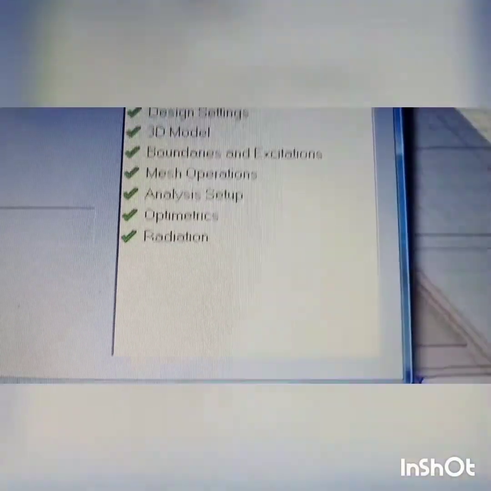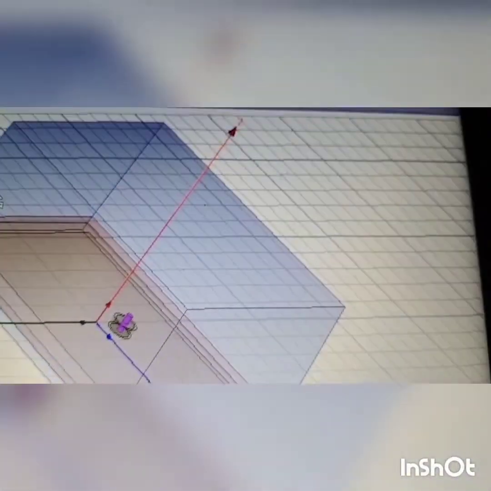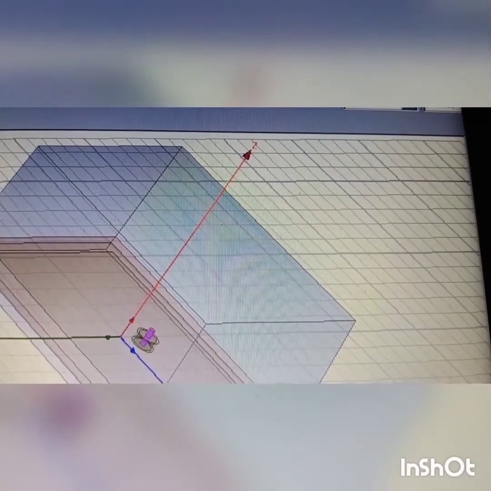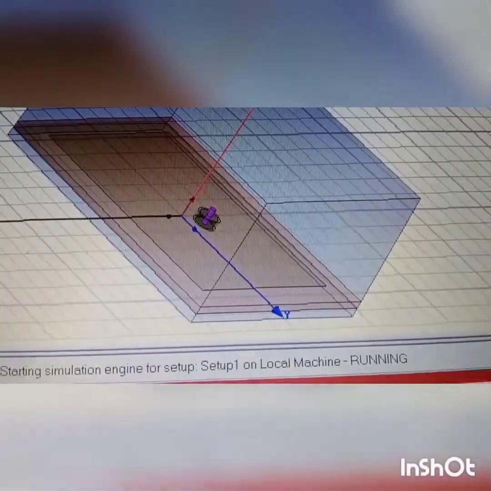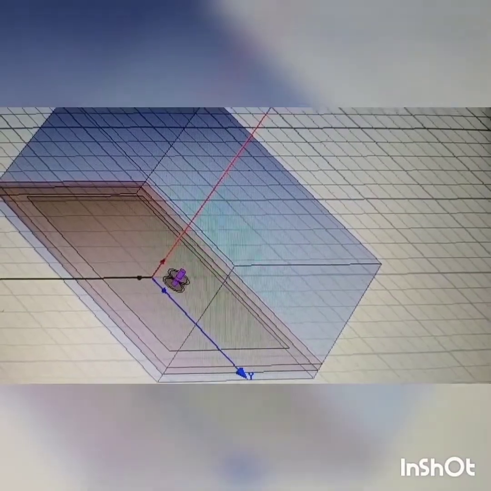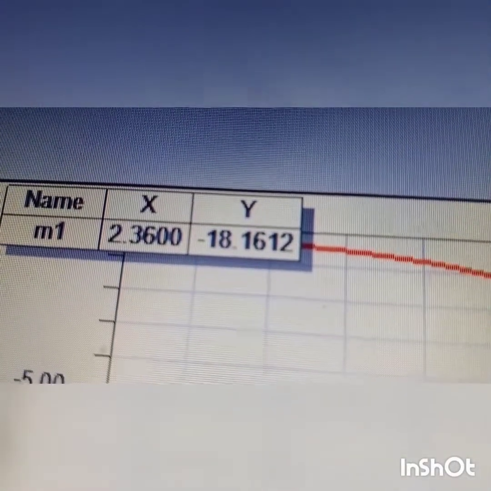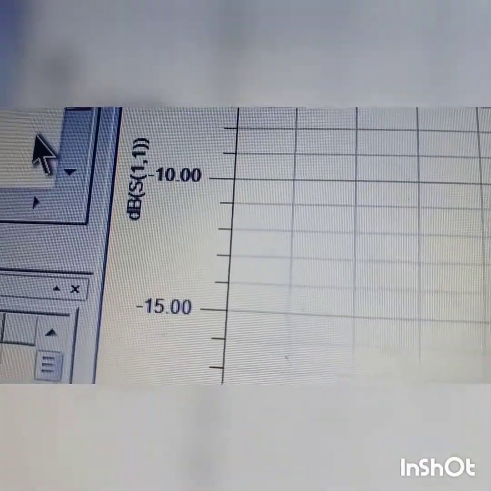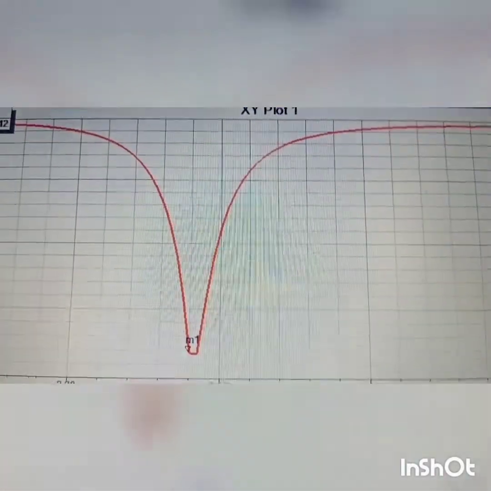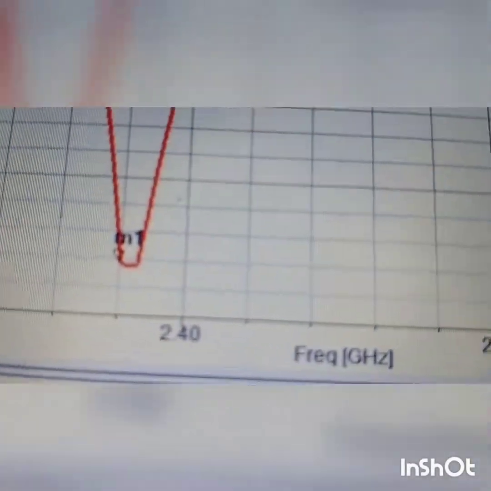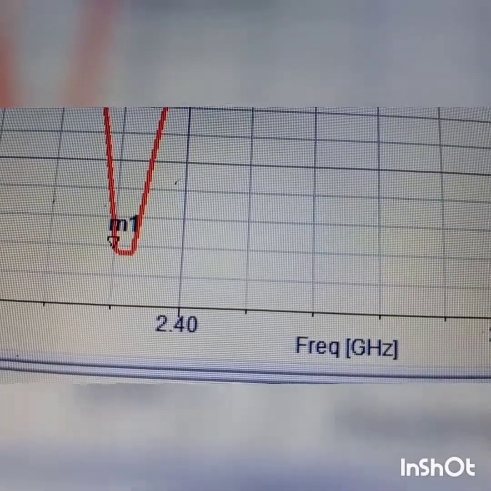So this is the microstrip patch antenna we modeled and simulated, and you can see the result also, right? As per our result, it is not resonating exactly at 2.4 gigahertz. It is resonating at 2.36. It is not the desired result. So there is a deviation towards the lower side, as you see from this S11 plot. How to make that exactly 2.4 gigahertz with a good impedance match? The impedance matching is good, but it is deviated to the lower side of the frequency, right?